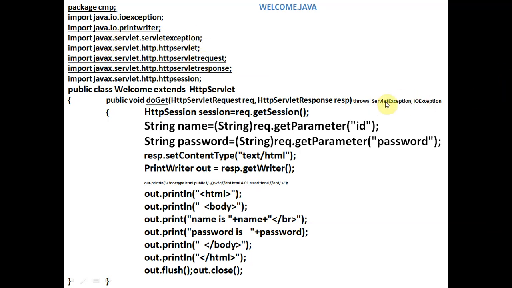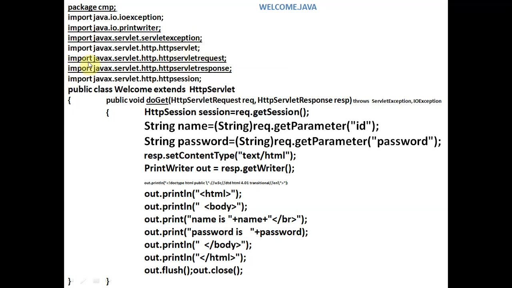You can see here the ServletException class. The S of this ServletException is capital and the E also capital. So it is a class or it is a package. javax.servlet.ServletException and javax.servlet.http.HttpServlet, because we are extending from HttpServlet. So this is the HttpServlet class, but HttpServlet is also a package.